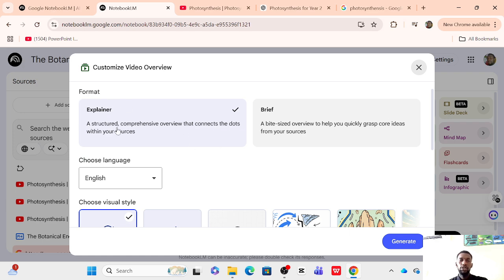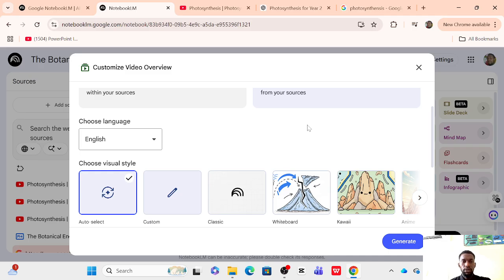You can see here you can create an explainer video, a structured, comprehensive overview that connects the dots within your sources, or a brief, a bite-sized overview to help you quickly grab the core ideas from your sources. I like using this a lot because one, it is easy for the AI to generate, and also it goes straight to the point. You can choose the language,